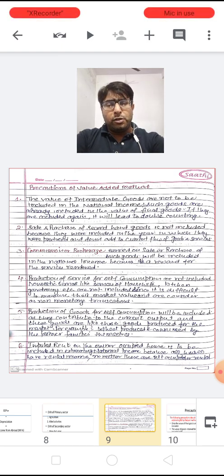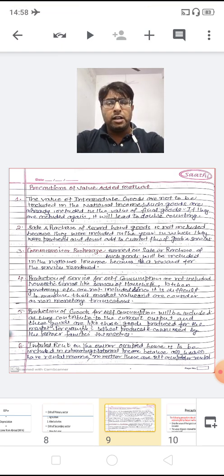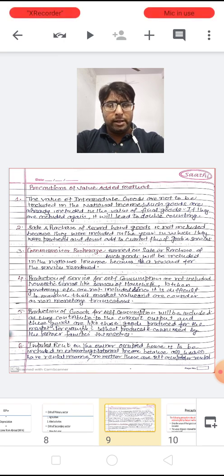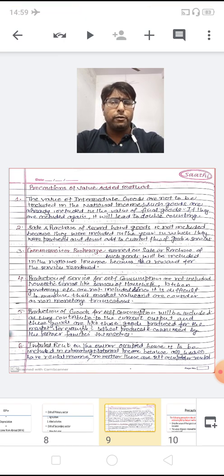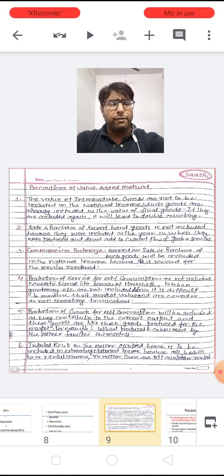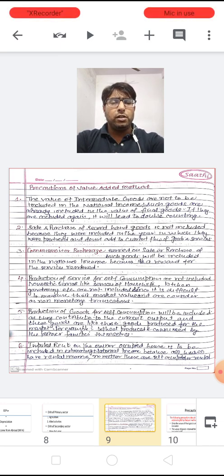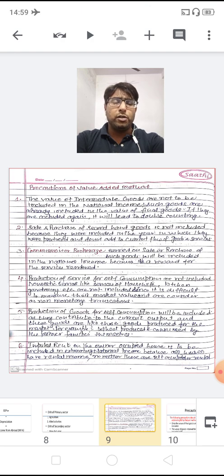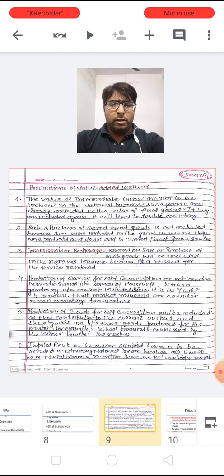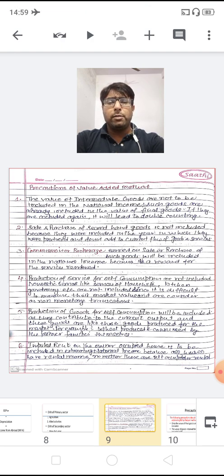So up till here we have learned that value addition refers to the addition of value to the raw material, that is intermediate goods, by a firm. In the various phases, each and every producing unit, each and every producing enterprise is going to increase the value of the product, which is known as the value added method.